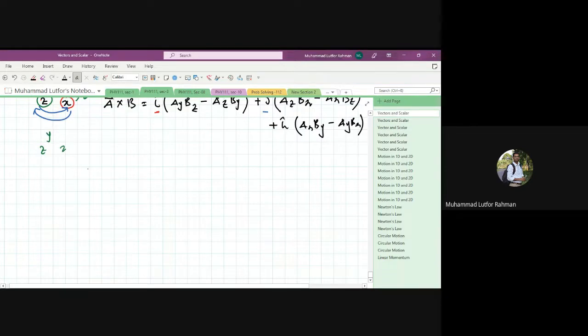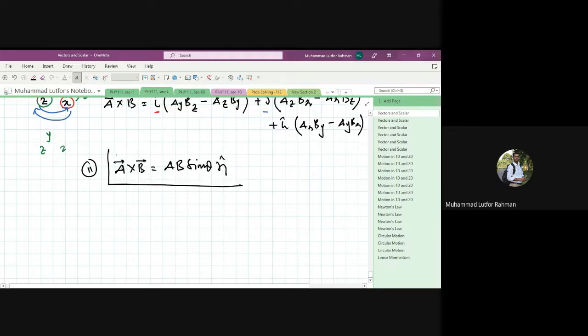All right, the second method, which is we write a cross b equals ab sine theta into n hat, right? So this is actually your second method. If you know the angle between the two vectors, then you can find the cross product of these two vectors. But what would be the direction of this n hat? n hat must be perpendicular to both a and b. So suppose you draw two vectors in that way, so this is the vector a and this is the vector b,